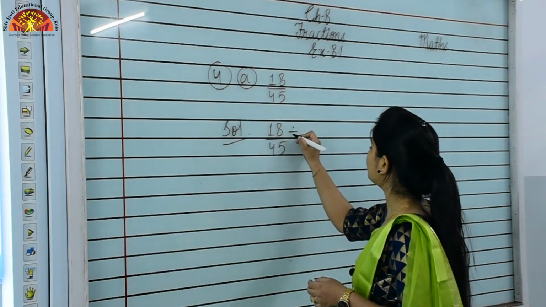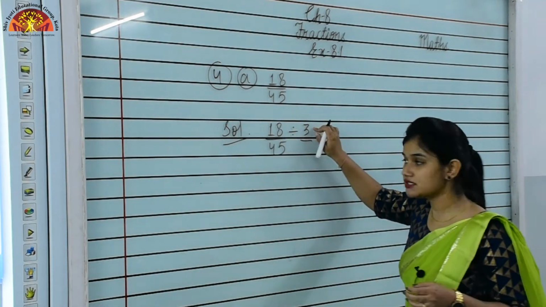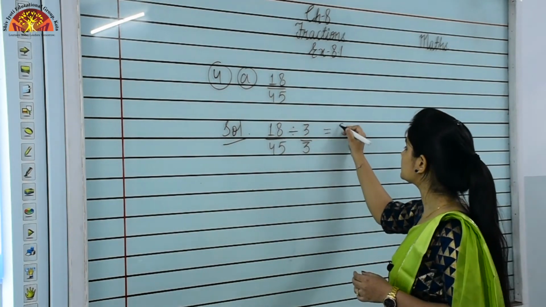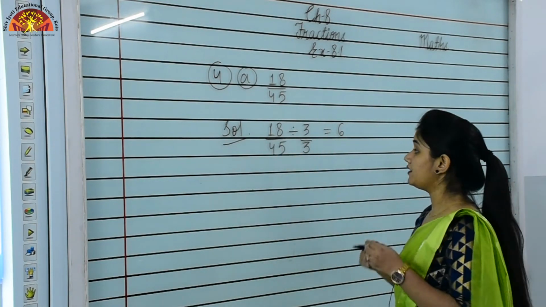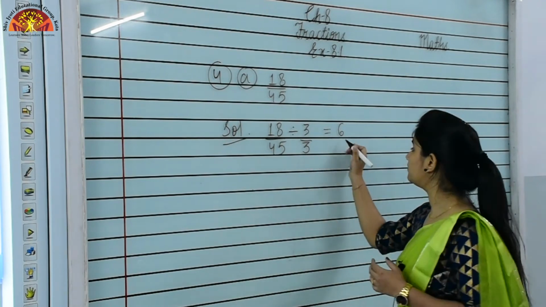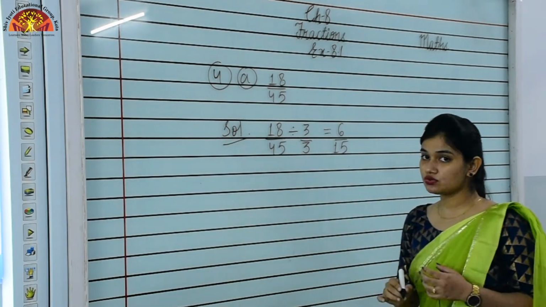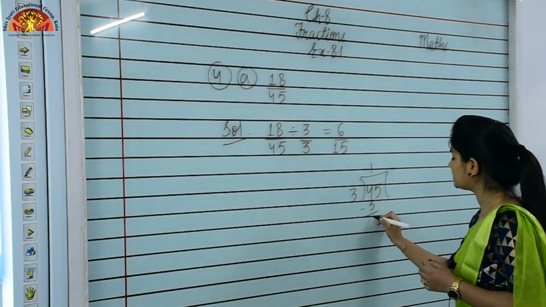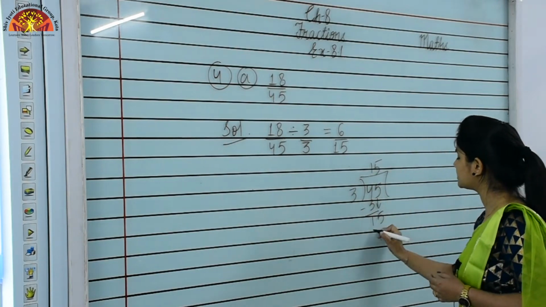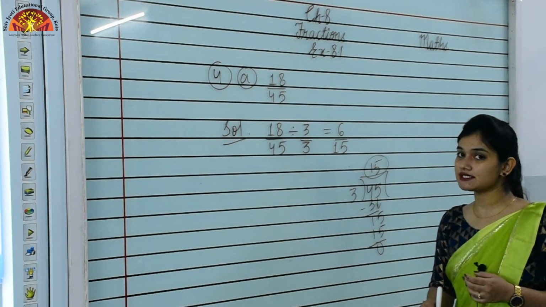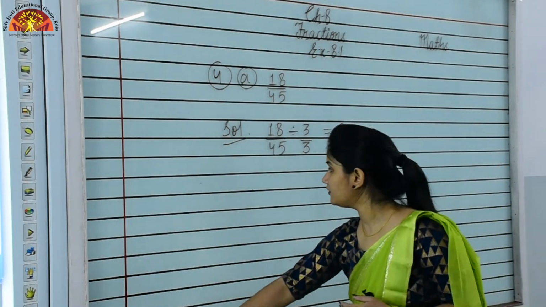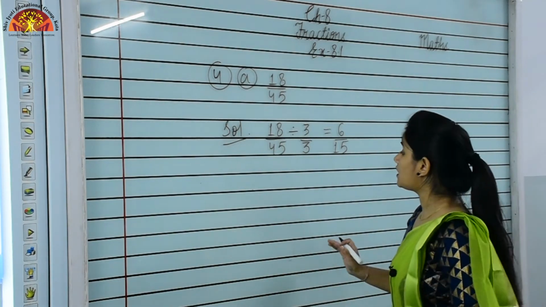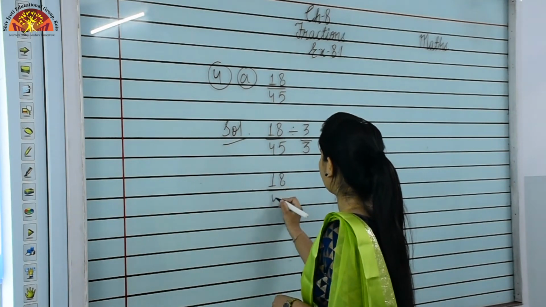So first of all, I will divide this fraction by 3 in numerator also and in denominator also. And when we will divide 18 by 3, we will get 6 because 3 6s are 18. And when we will divide 45 by 3, we will get 15. Okay students, you can see here we are dividing 45 by 3. 3 ones are 3, remainder is 1, 5 will come down and 3 5s are 15, remainder is 0. So what is the answer? Answer is 15. So when you will divide 45 by 3, answer will be 15, and this is the first equivalent fraction.